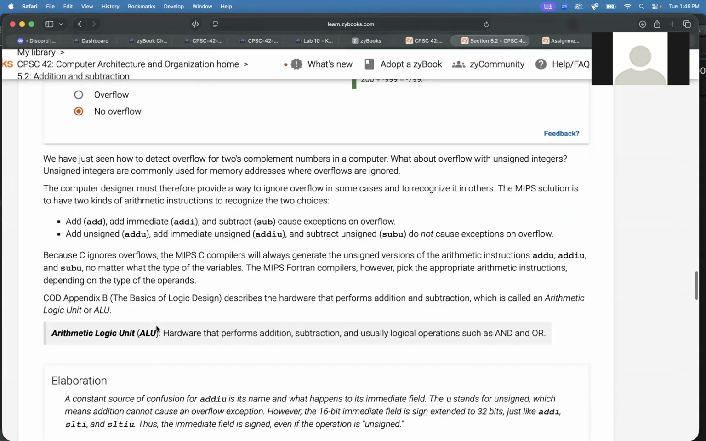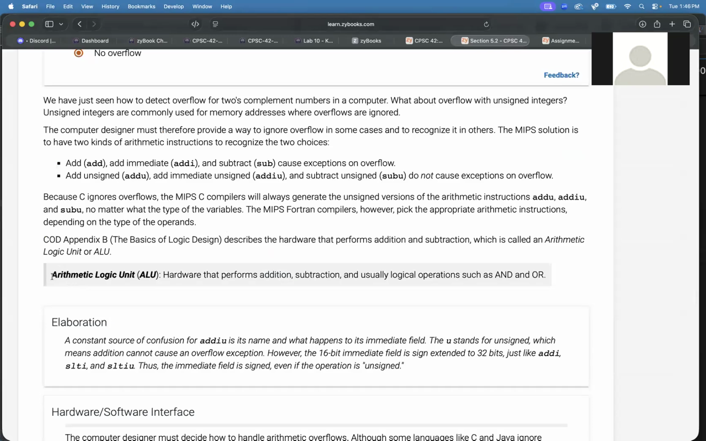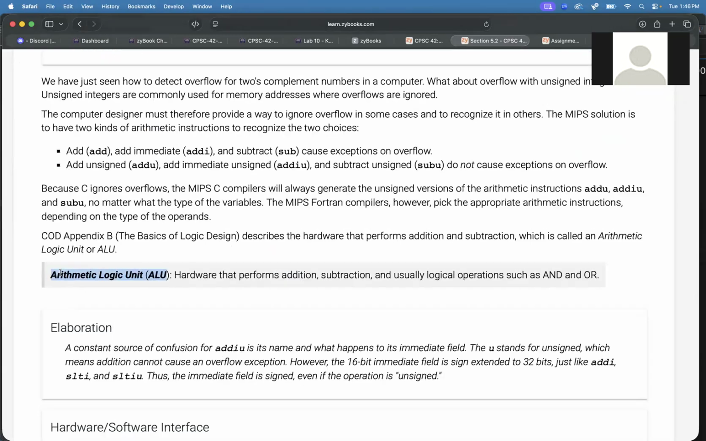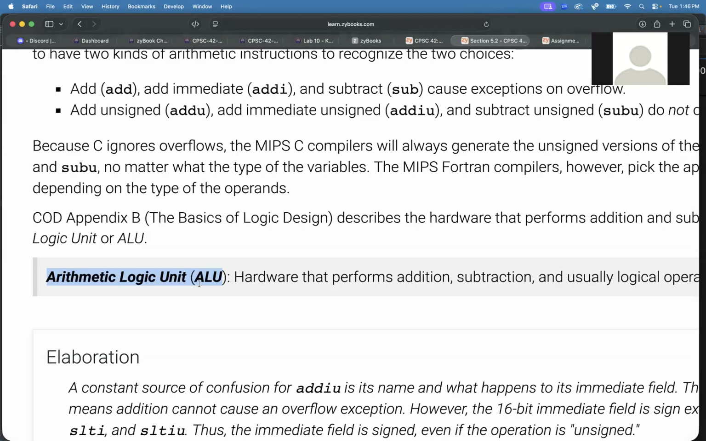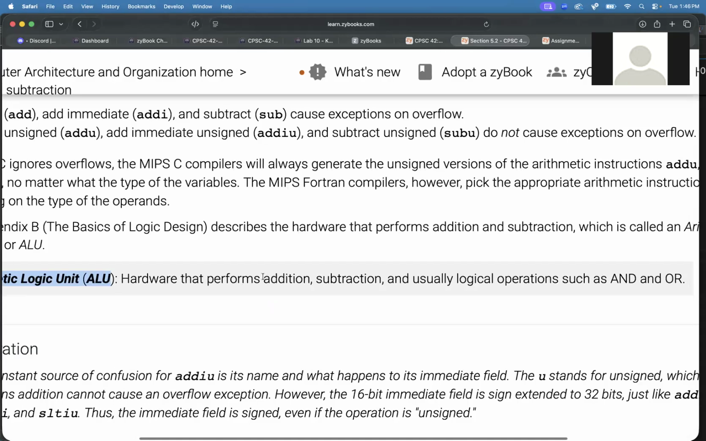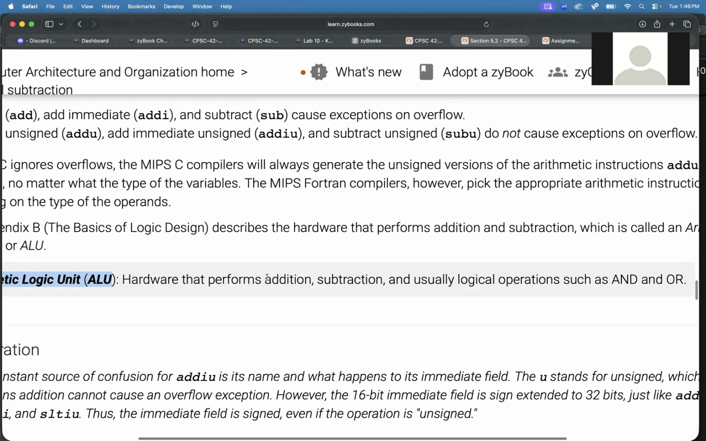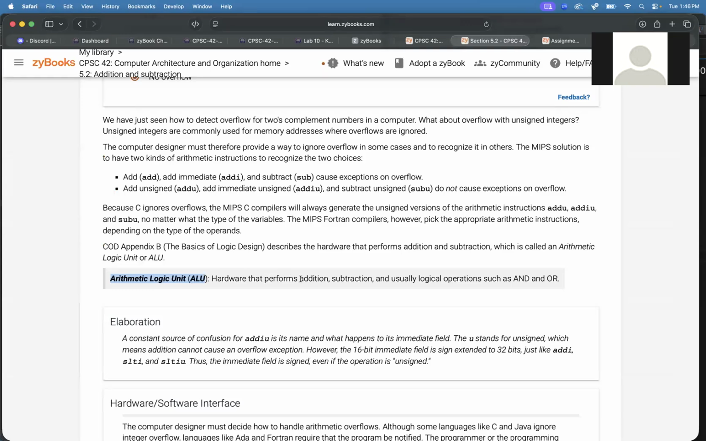So you can read the rest of this. They're going to start talking about the arithmetic logic unit. That's a normal thing to talk about in a computer hardware class. And that's just the thing in the CPU that does the calculations. So ALU, arithmetic logic unit, it's what does the addition and subtraction